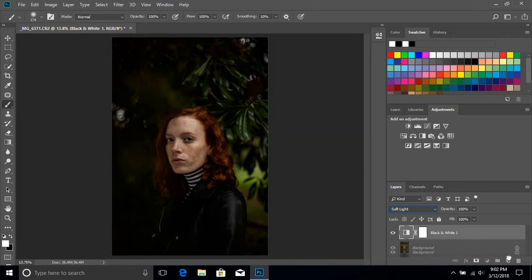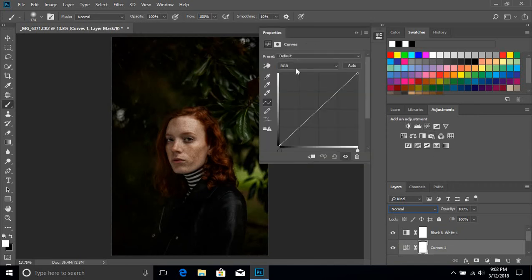Okay, so after I do that, I usually duplicate layers, so if I make a mistake, I can just go back to it. But after that, I usually add some curves, and I start off with the blue, because being that I'm colorblind, I really can't see much of anything else. See, like this red and this green, I really can't see the difference between that. But anyway,